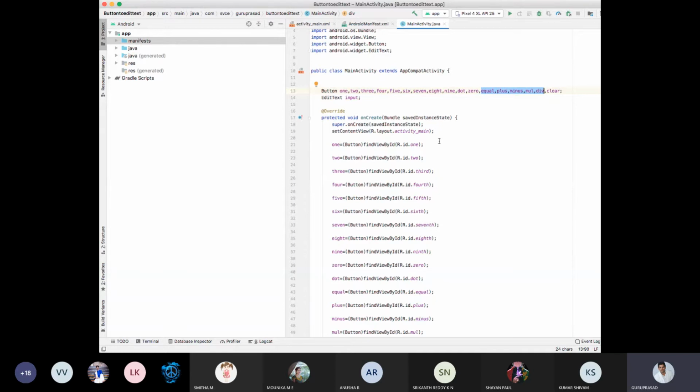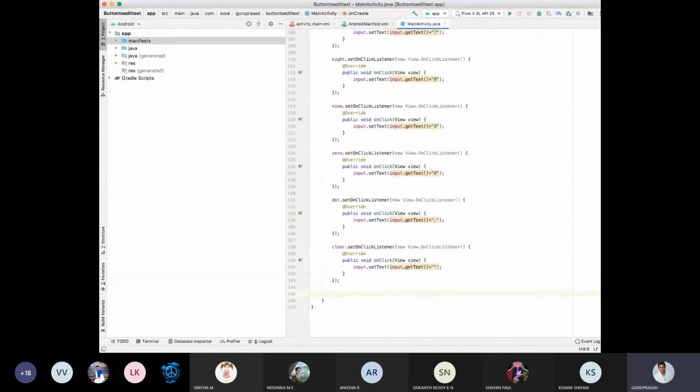Okay. So now next button. What is my next button? When you press equal, set on click listener, new view on click listener should happen. Okay. So what on click? You are taking if guru add is equal to true. If guru add is equal to true,